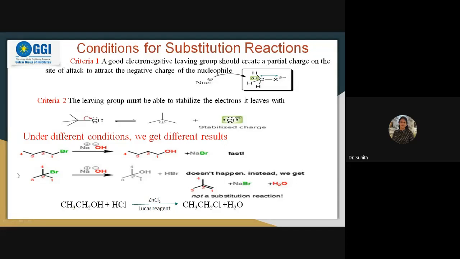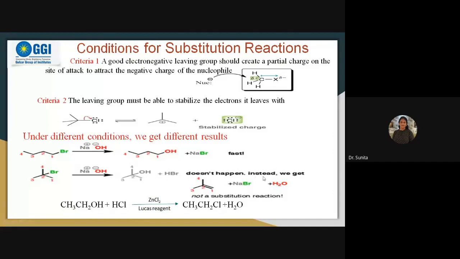Okay. Here you can see over here, if bromine is over here, and if we are taking a large concentration of sodium hydroxide, then we are going to get this reaction. Okay, so this reaction will be fast. So it is a type of substitution reaction. But what happens if the concentration of this is not so good? Then what is happening in this case? Then we are not getting such type of reaction. For substitution reactions, this should be formed.